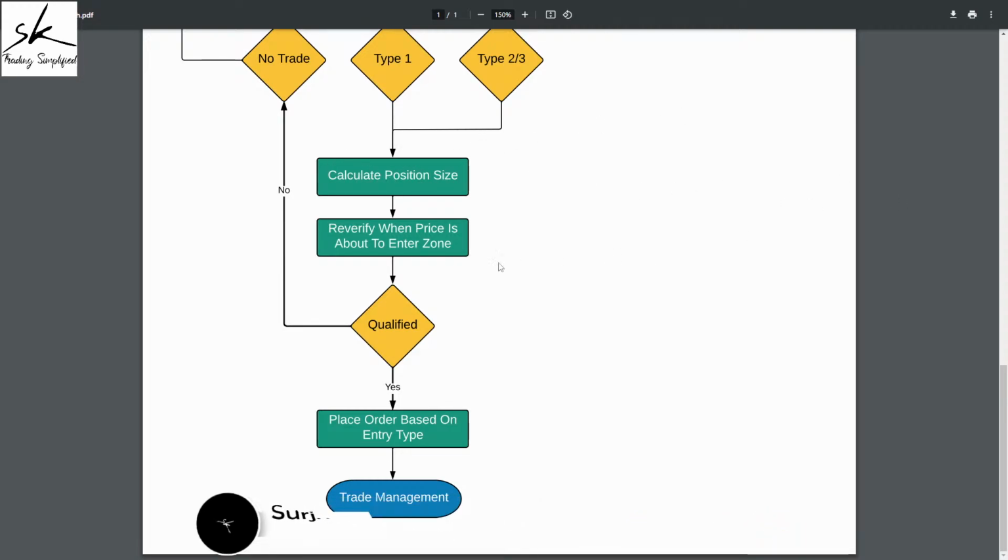Whenever the prices are back, we'll have to re-verify, because the markets are not static. They are changing almost every other second. So we'll have to verify, does it still qualify based on my trade plan? If the answer is yes, you place your order based on the entry type. And the last step is your trade management, which we are also looking at